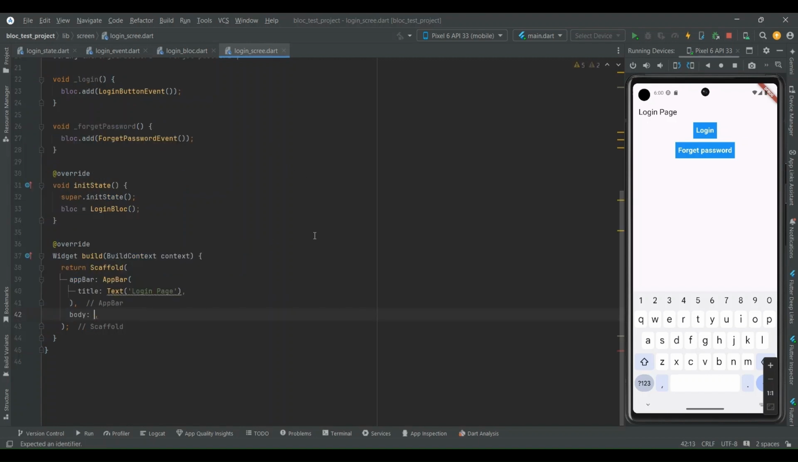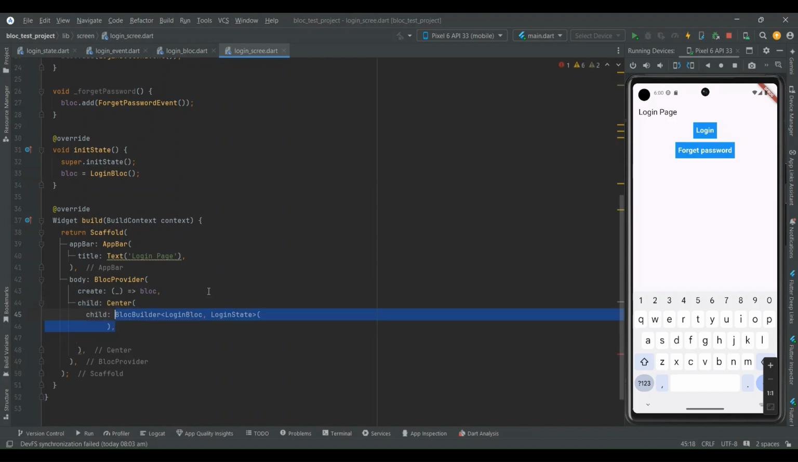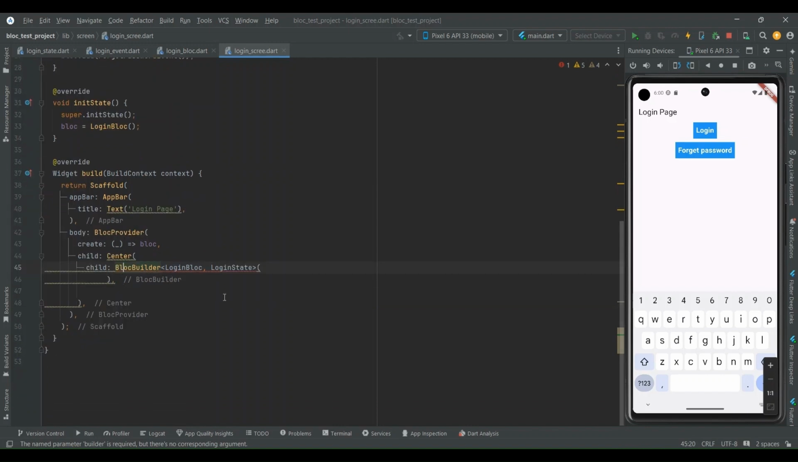For that, I will write the block provider. What does block provider do? It provides the block. Whatever child block we write, it provides that. Like we have this login block initialized in init state, so we will provide this here inside this block provider, and we will write block builder,